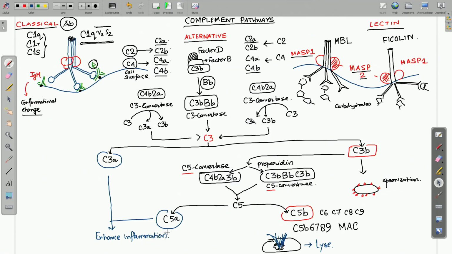So, they enhance inflammation. If you remember the classes from our inflammation, you will remember that with